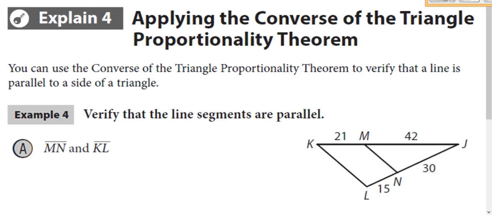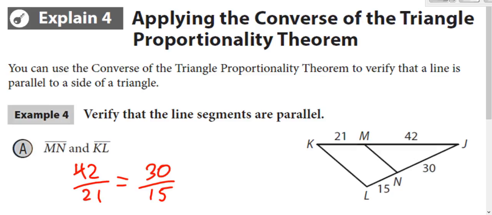So we can use the converse of the triangle proportionality theorem to verify that lines are parallel. So if you want to know if MN and KL are parallel, you just check to see that the sides are proportional. So if 42 over 21 equals 30 over 15, if that's true, then the lines are parallel. So you can either reduce both of them to be 2 over 1, 2 over 1, so yes,